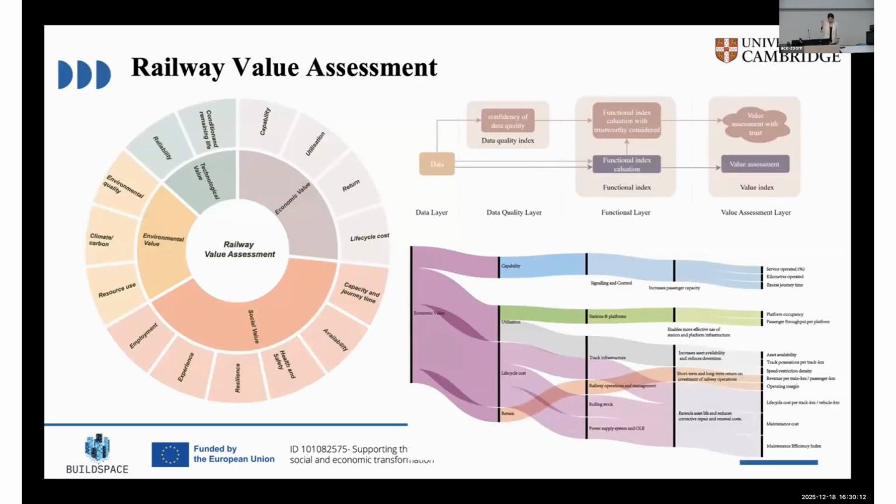It's just a very simple example of what we thought about the railway operations value assessment. What is the function, or what is the value assessment indicator of it? So you can see normally people have 3 layers to output the value of the railway operations, which are data, function, and value, which means what functions we can get from the data and what value we can get from the function.